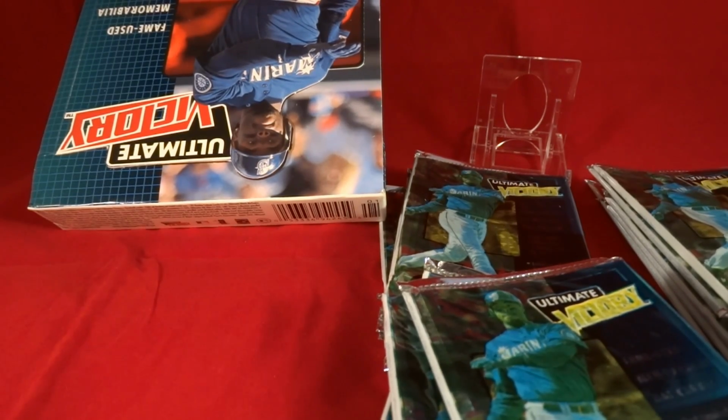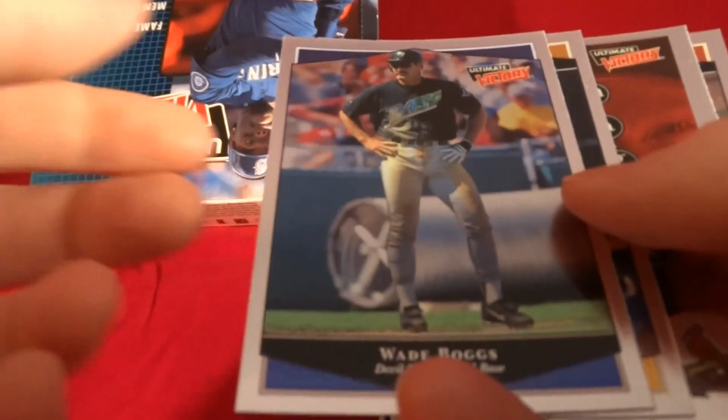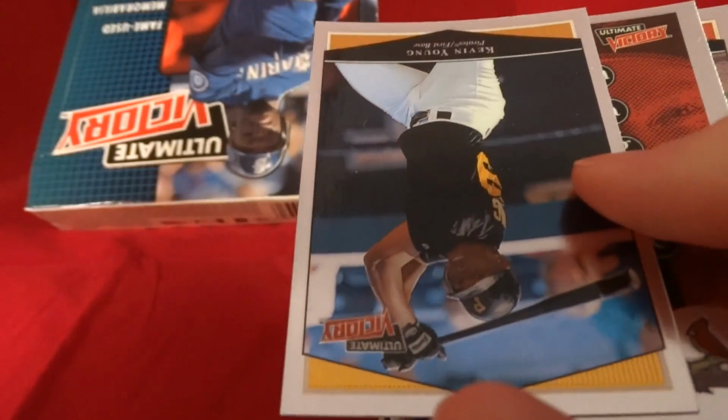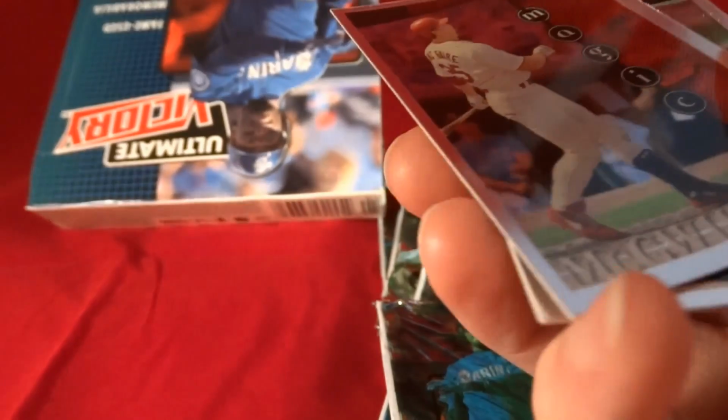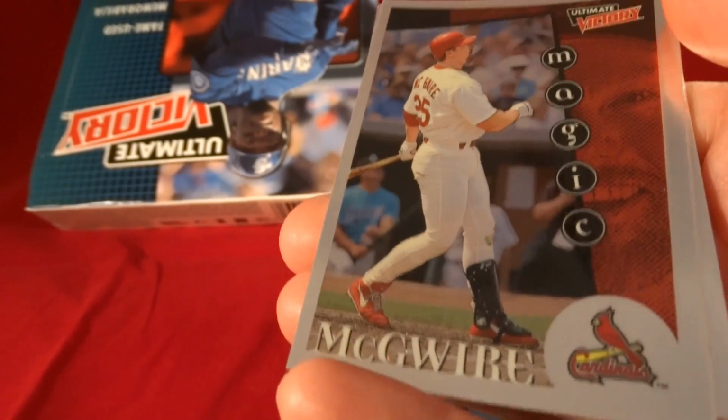They have a Fame used memorabilia back card in here. So, obviously a back card would be nice, some sort of memorabilia card. But there's some card to like 99. I don't know if it's the parallel back card. I'm not sure exactly what it is, so it'd be cool to pull some sort of memorabilia card in this break. Certainly not expected. In this Mark McGwire set, he was part of the normal set, so like a subset